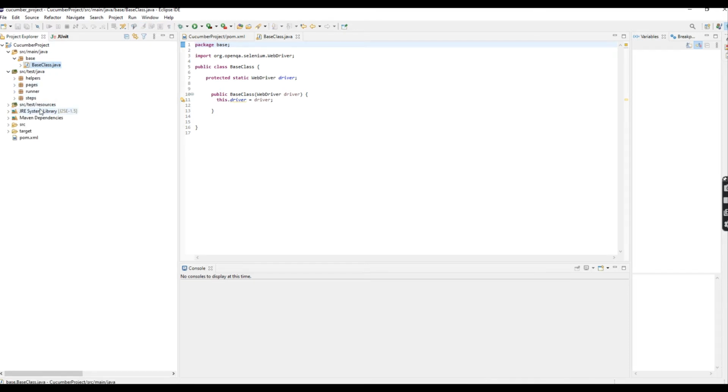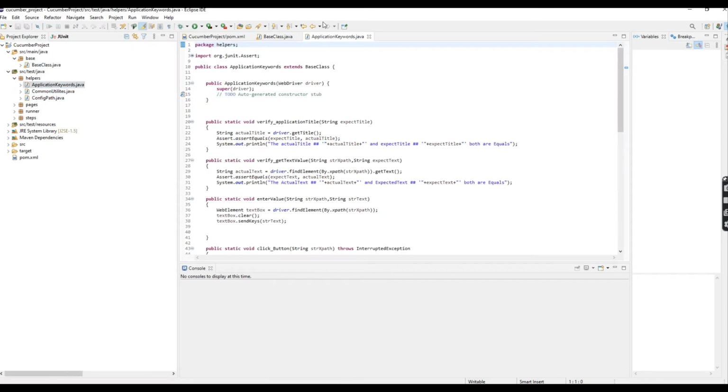Okay. Then you can go to src/test/java. Here I created 4 different types of packages. This is very important for Cucumber. This is the architecture we are following for a Cucumber project. Okay. The first is helpers. Go to helpers. Here I created 3 different types of Java class files. The first one is application keywords. The second one is common utilities. The third one is config path.